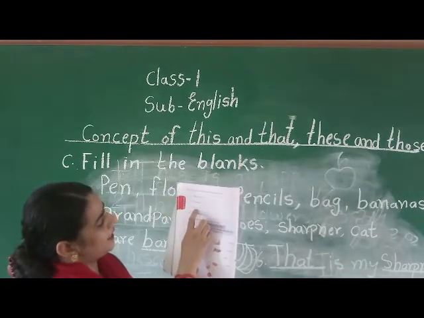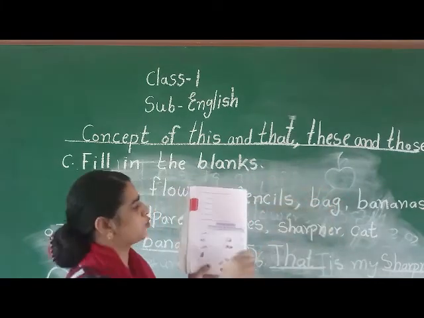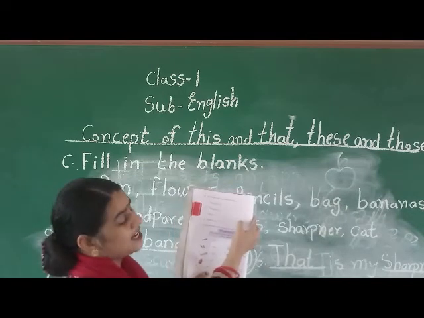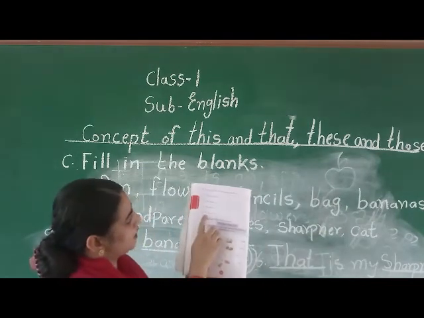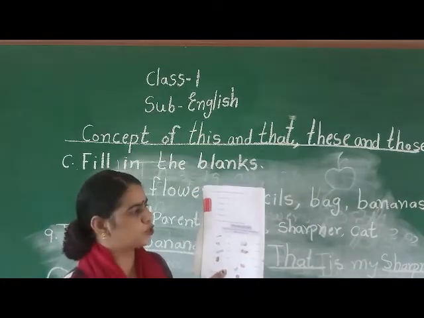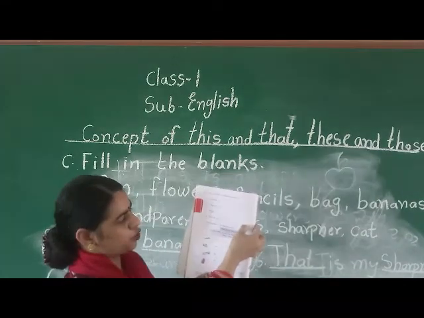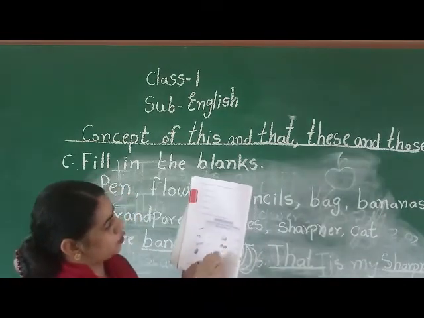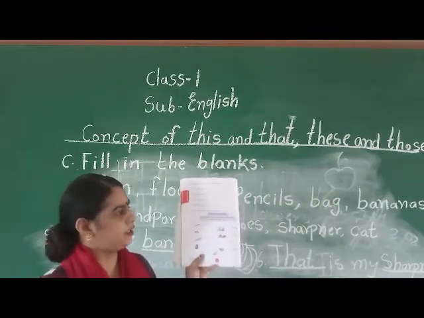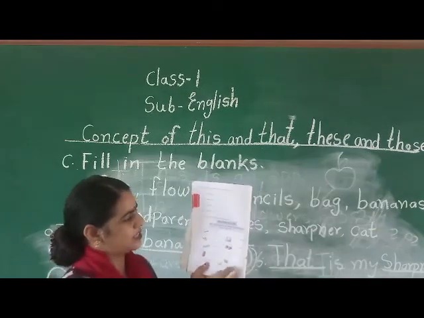After that, that is a tree. So we are talking about that. That means away from us. So that picture of a tree you have to draw. One picture of the tree you have to draw away from the sentence here. After that, those are pencils. So you have to draw pencils more than 1, 2, 3, 4, 5, and you have to draw them away from the sentence. So you can draw here. So like this here also, and read these spellings also. Not only write. Okay, you have to read the spelling. Then only you can understand and you can write here. You can fill in the blanks here.